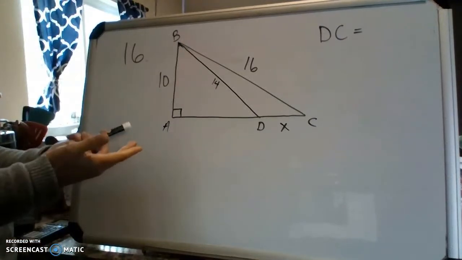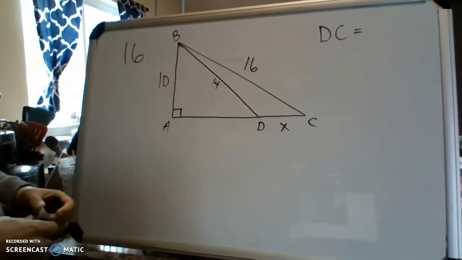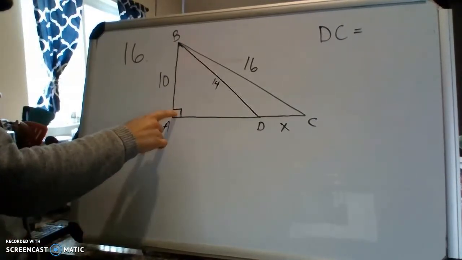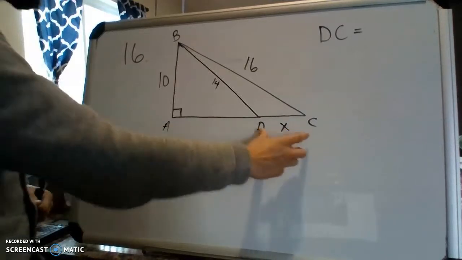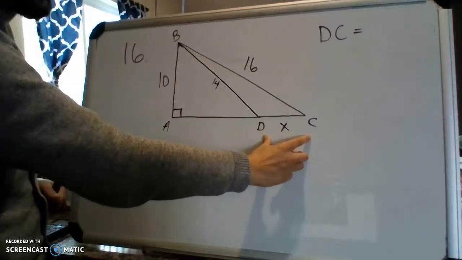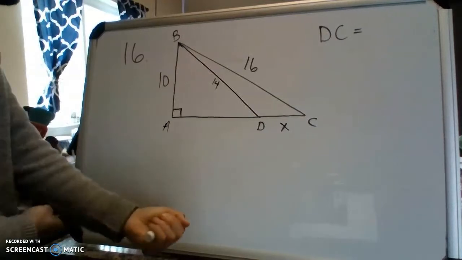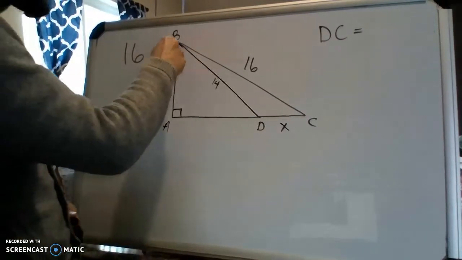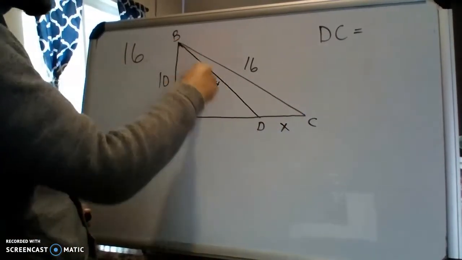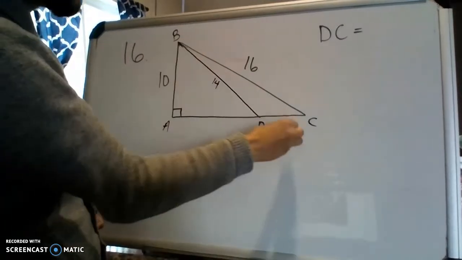You can see there's a couple different triangles going on here. We do have a right angle, so we do have some right triangles. Ultimately, we're trying to solve out this length here, just the length between D and C. So there is a temptation. I've seen some students in the past try to do some calculations with this triangle, try to solve x